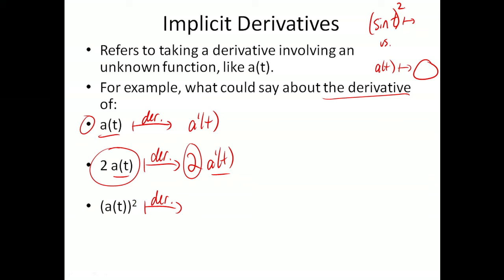Now, hopefully you can all do this one pretty quickly. We're going to be able to write down exactly what the derivative of that is, because I know exactly who my mystery function is: it's sine of t. If I give you 2 minutes, you'd be able to compute exactly what the derivative of sine of t squared is. But think about the rule or rules you would use, and hopefully within a few seconds you're already thinking sine of t squared looks like a chain rule, doesn't it? And you would get your answer by doing the chain rule. Well, a of t squared, which is what I'm looking at right now,